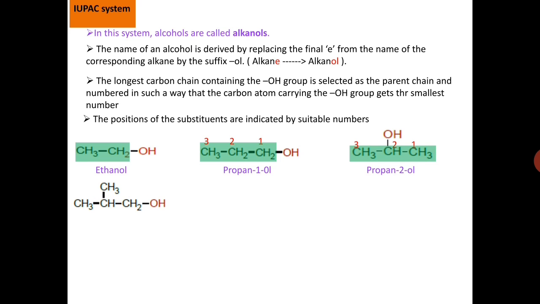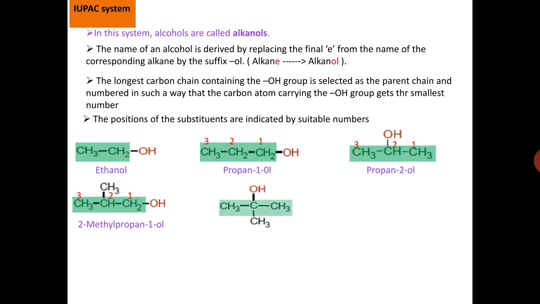Similarly here the OH group is attached to the first position of carbon, therefore we have to give the number from there: 1, 2 and 3. Other than that chain there is one substituent, a methyl group, therefore it is 2-methylpropan-1-ol. Similarly here the OH group is attached to the middle carbon,